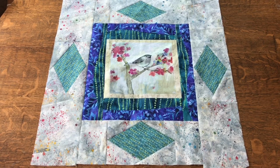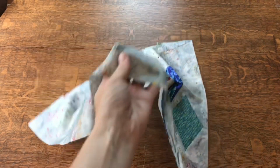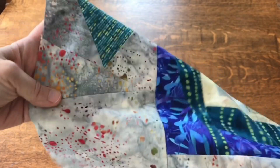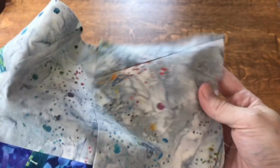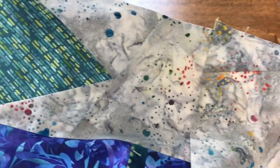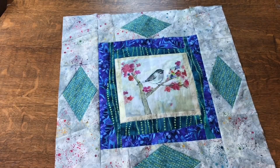The block is done. I actually don't hate it. And I don't miss that there's nothing going on in the corners. I thought that it would look a little empty, but I actually don't think it does. And I like that I added in all this weird piecing here. You can see this diagonal triangle here. And up here, there's a little piece, and over here that's on the diagonal. So I actually think that adds a little bit of interest,